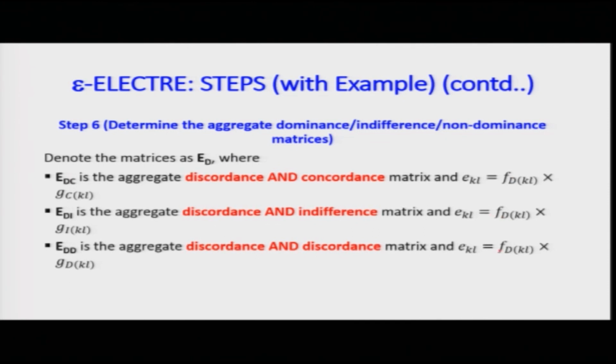And finally, when I find out the discordance so called overall matrix, it will be DC, DI, DD, which is discordance, concordance, discordance, indifferent, discordance. The values multiplied would be from the F and G matrix, but the corresponding subscripts would be DC, DI and DD. So, with this I will end the 30th lecture, which has to do with ELECTRE process,